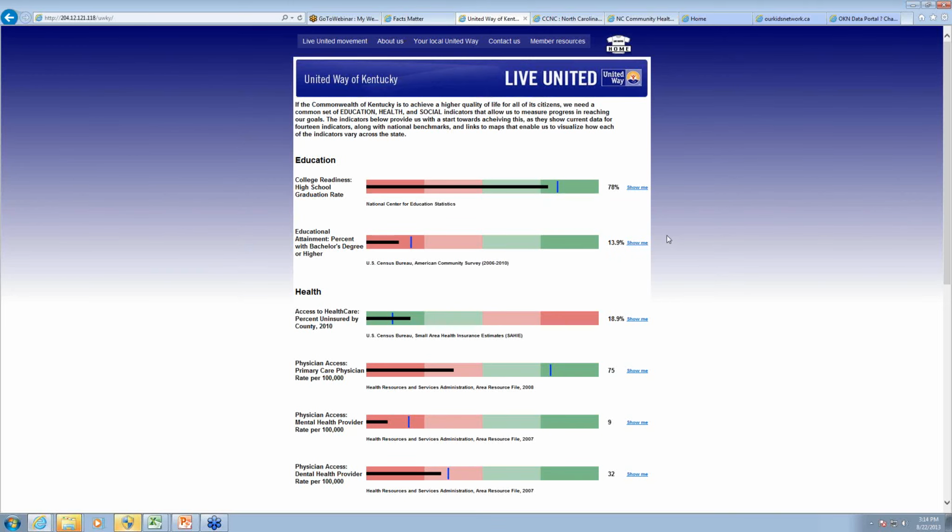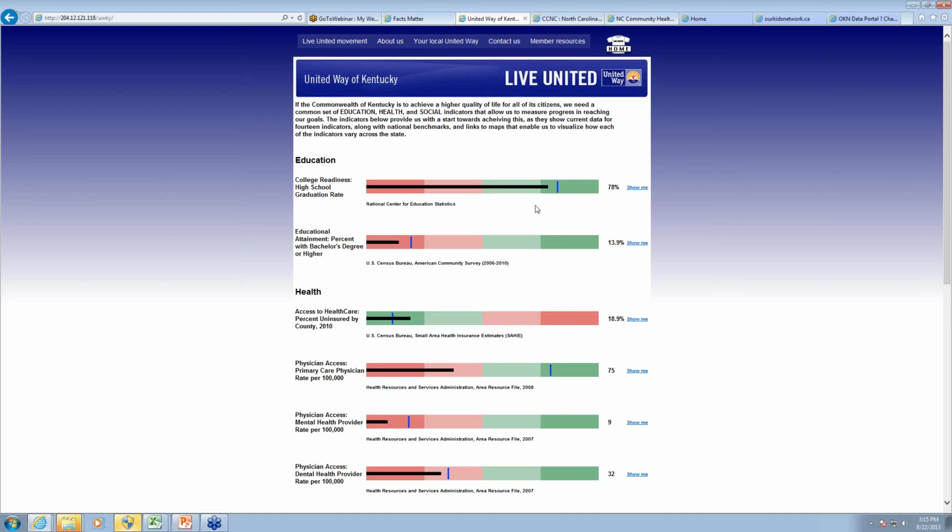The next example I'm going to show you is from a site we're creating for the United Way of Kentucky. And I want to illustrate in this example just the different ways you can visualize your data. So we saw in the Facts Matter portal the number of different data sources and the ways you could bring in data from various levels of geography. Here I'm going to show you there are different ways you can visualize data, beginning with a dashboard type system here. So you can look at, for example, in this case, what the state of Kentucky is compared to either national benchmarks or Healthy People 2020 benchmarks and things like that with this